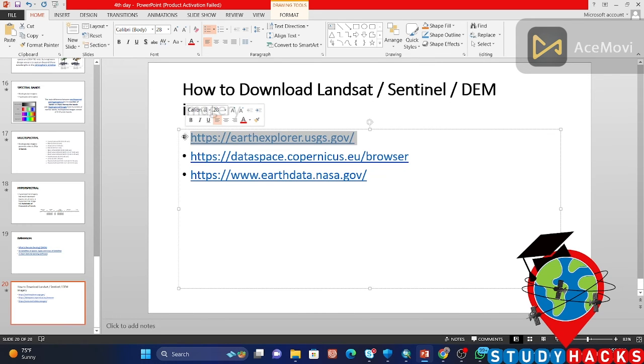So in this time you also try to open the registration with this account, because in the further class we also need more satellite images for different regions. So for that you need to download the satellite images first. And how can we download the proper satellite images? For that